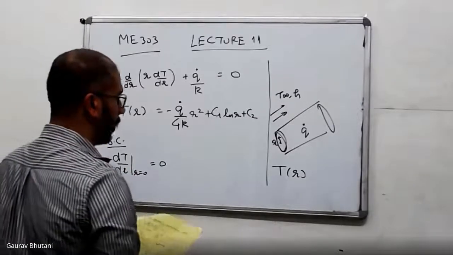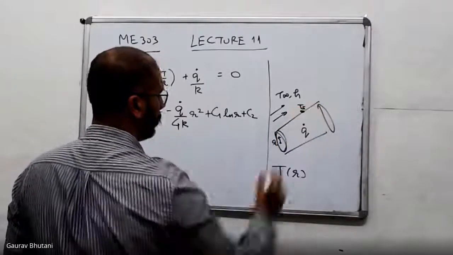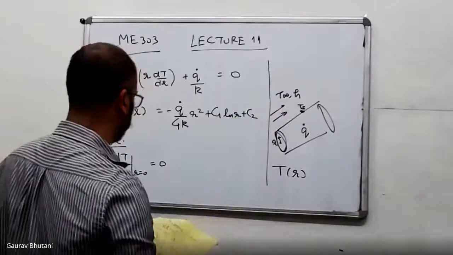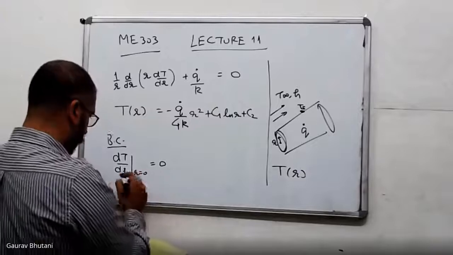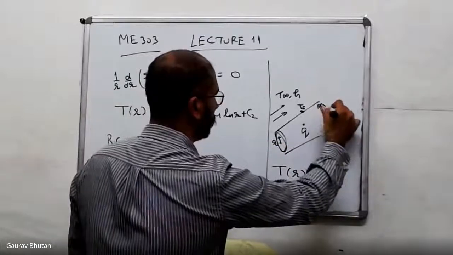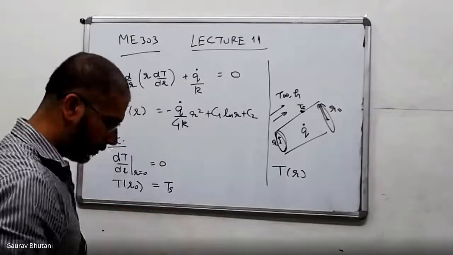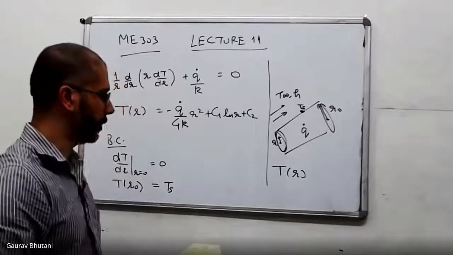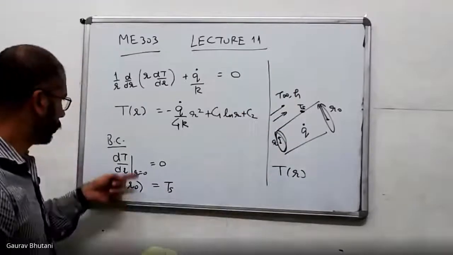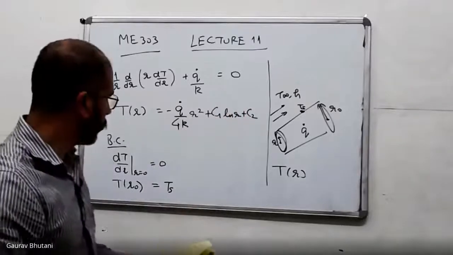And then at R equal to the surface, although you don't know it, you will have some steady state temperature Ts here, which we can find by using Newton's law of cooling for convection. But we can write T at R naught. So this is your R equals R naught. And this temperature is the surface temperature Ts, which again can be found out using Newton's law of cooling, using your T infinity and H. But I won't do that right now. Okay, so these are the two boundary conditions. These will give me two constants C1 and C2 by solving that.